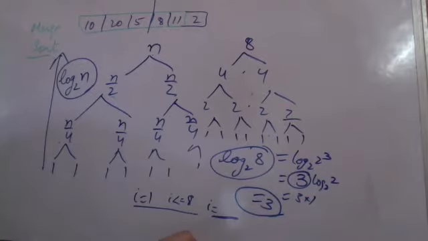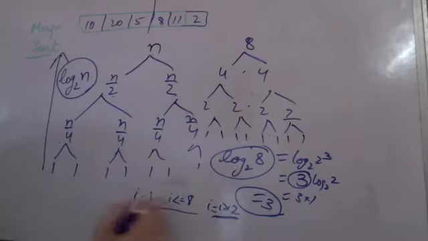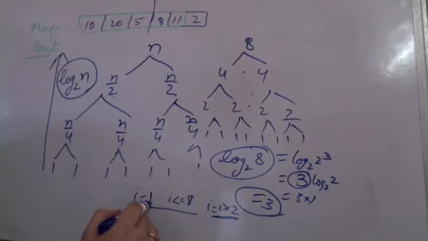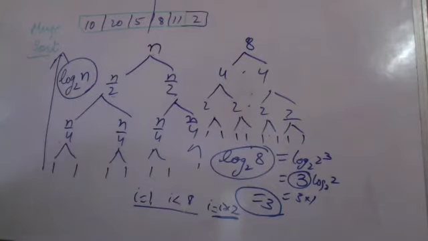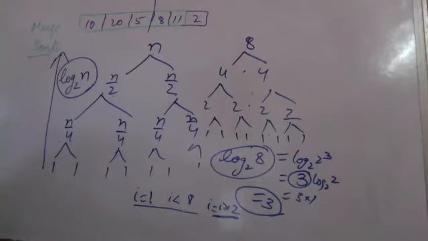Yes class. i by 2 or i into 2? It should be i into 2 every time. First it was 1, then 2, then 4, and then you will finally reach 8. So if you are beginning with 1, you are going to check less than or equal to 8, and you are going to multiply it by 2 every time. Are you understanding? Everybody is understanding this?